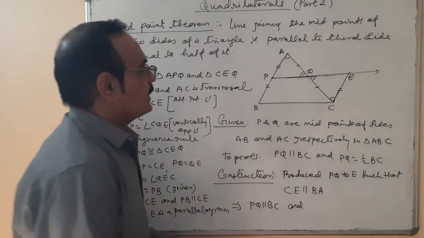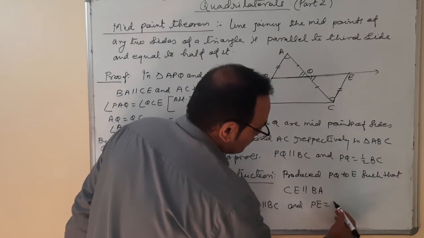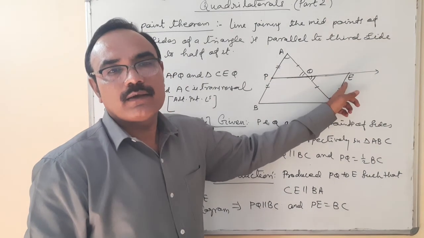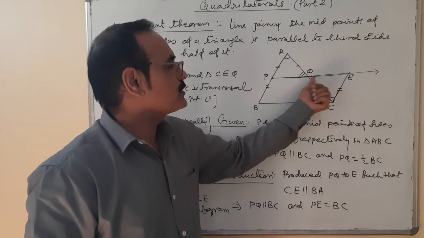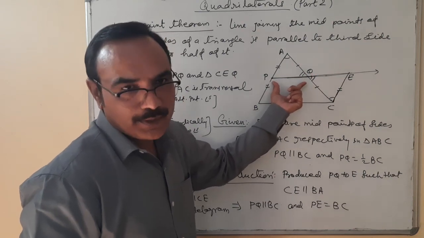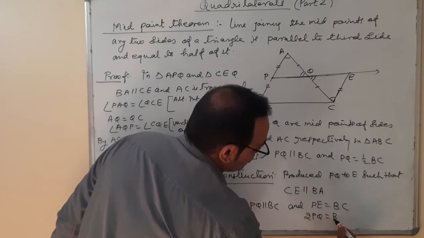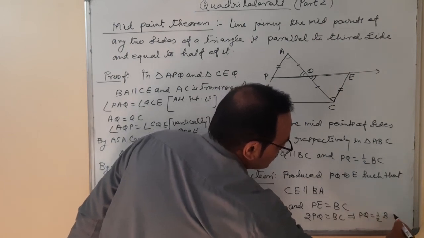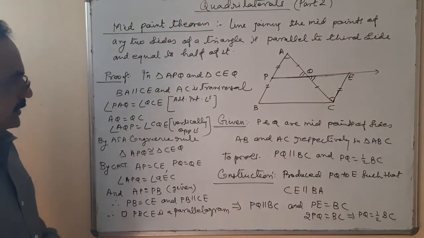Okay. So when I write here PE is equal to BC. Since Q is the midpoint of PE. How is Q the midpoint? Because already we have proved that both the triangles are congruent, so PQ is equal to QE. So Q is the midpoint of PE. So in place of PE, I can write 2 PQ is equal to BC. This means PQ is equal to 1/2 BC. Okay. So this is the midpoint theorem.